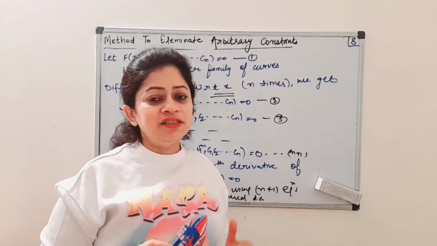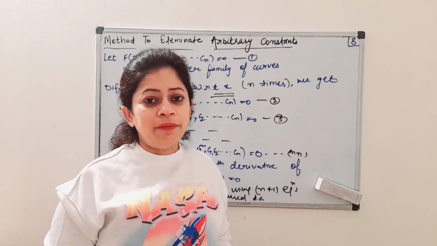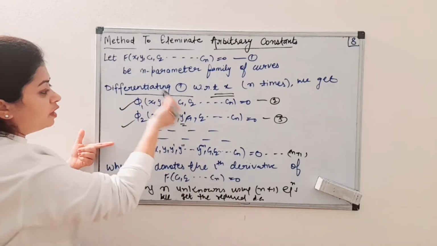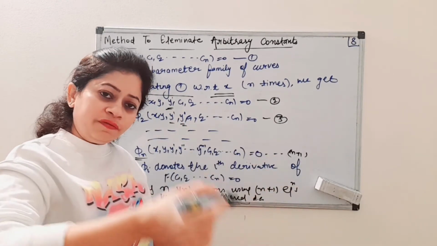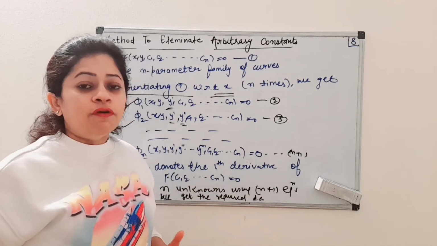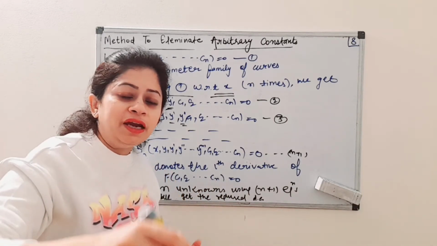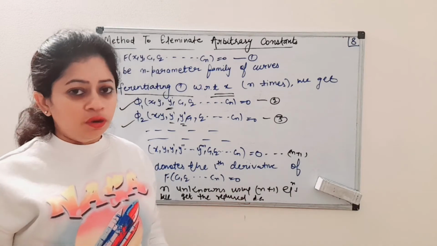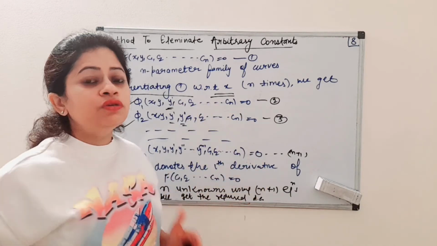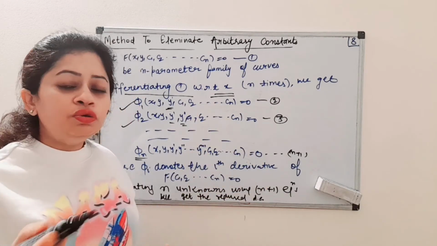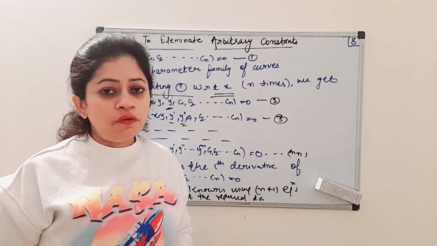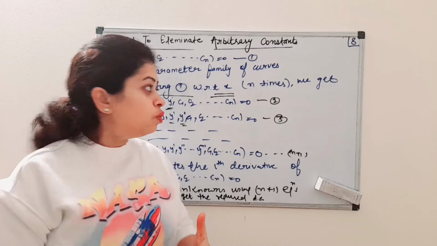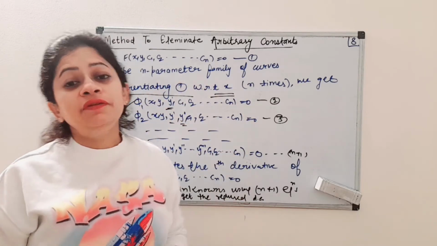This is the traditional method, but sometimes it happens that we differentiate one time and two times, we need to differentiate three times, but we will not differentiate it continuously three times. What we will do, we will differentiate one time and eliminate something if we can. Okay, we will see the possibilities also. So these things you need to see with the help of examples. Okay, so now we come to examples to form the differential equations.